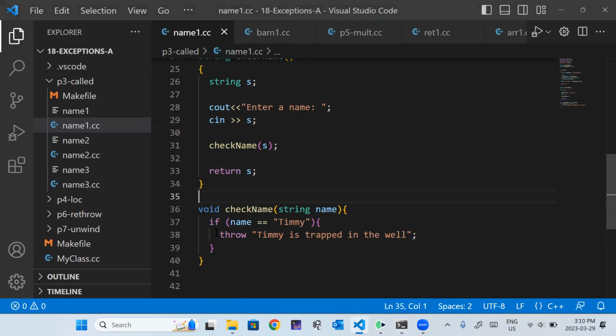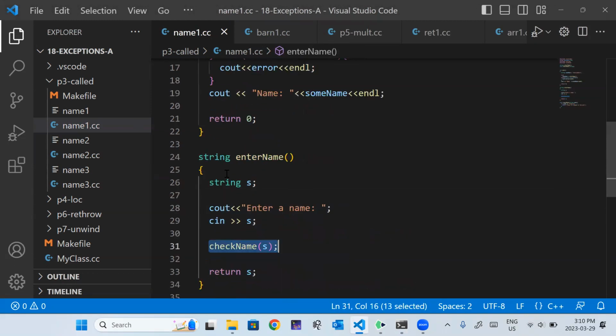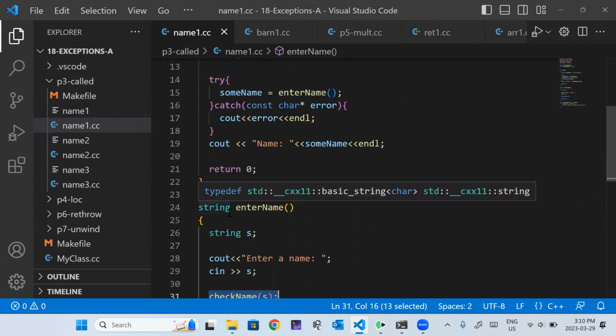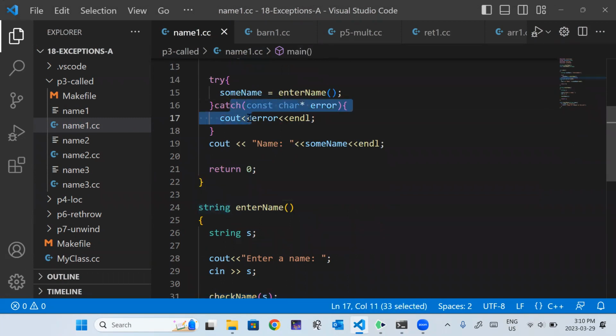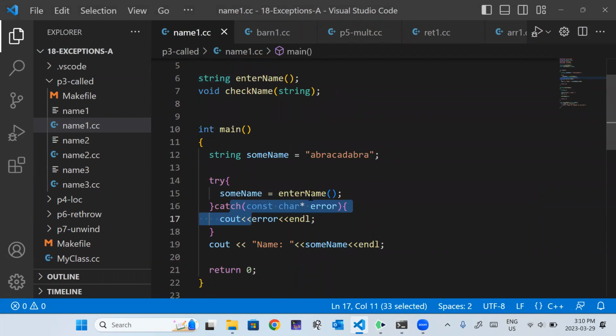So yeah, once we throw this, the compiler goes back to here. It says, well, there's no catch block, so I'm just going to abandon this function. And then it comes back to this one, the main function. There is a catch block, so it picks up here. Neither of these are right or wrong. It's just an example of some of the consequences of these types of design decisions. But yeah, nothing super complicated, but any questions?